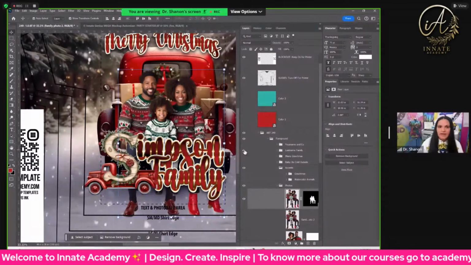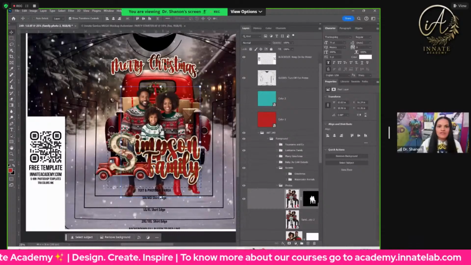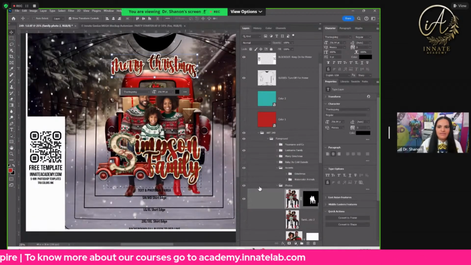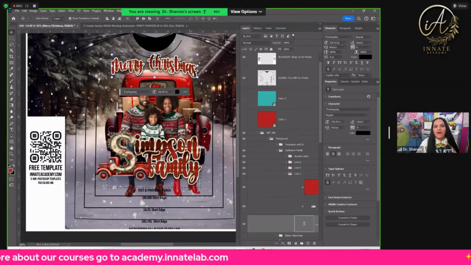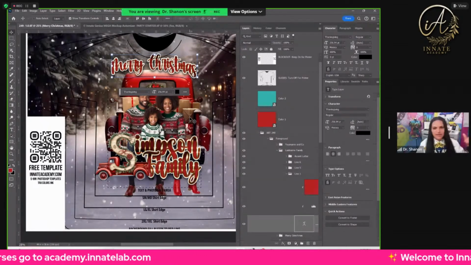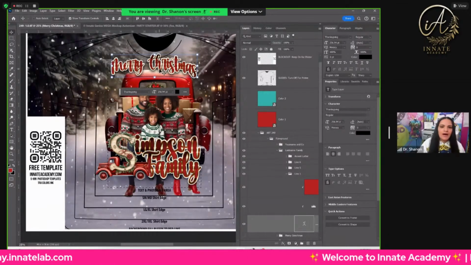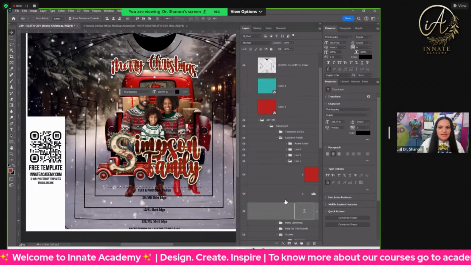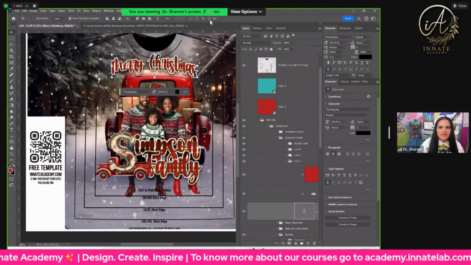Okay. And the other thing I wanted to show you is, let's say that for the text. This is one thing that you are going to be doing for class. I have a checklist of some of the things you're going to be doing. One of the things that you're going to be doing is arching your text. That's a really simple thing to do. I'm going to go ahead and take the text arch off of here,